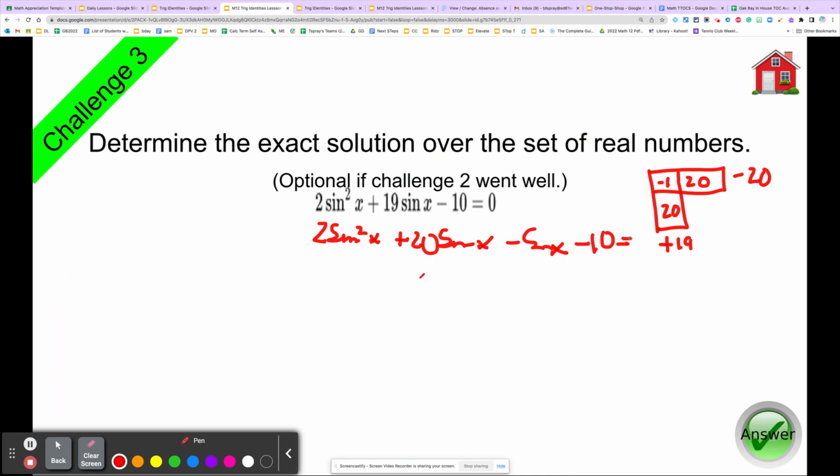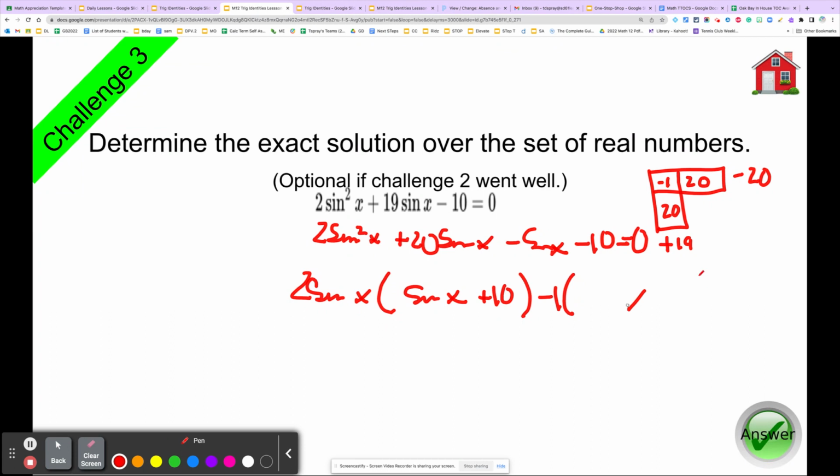And so then I'm just going to take out common factors. So I'm going to take out a 2 sine x, leaving me behind sine x plus 10, bracket. Then I'm going to take out a minus 1,